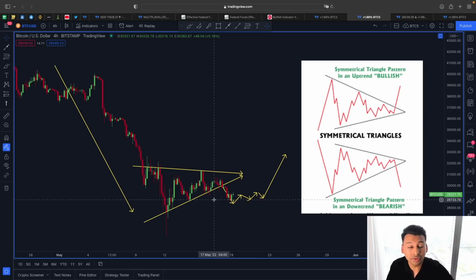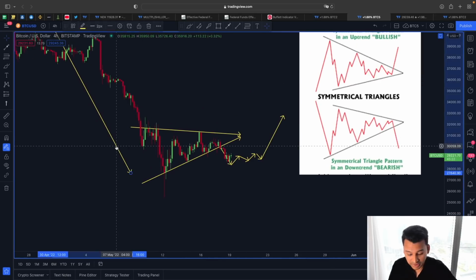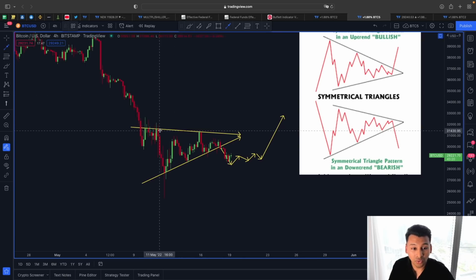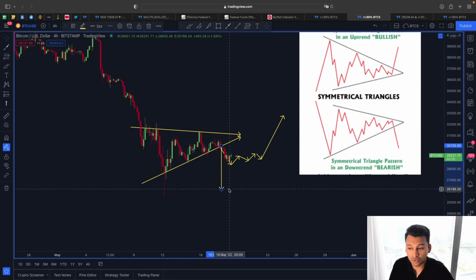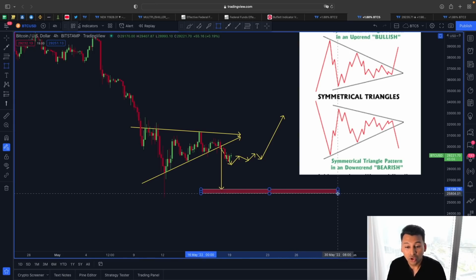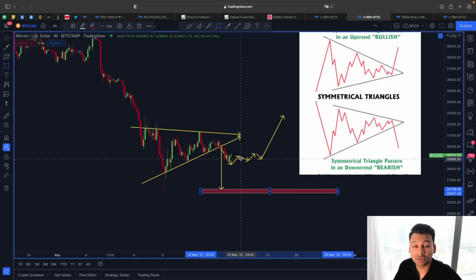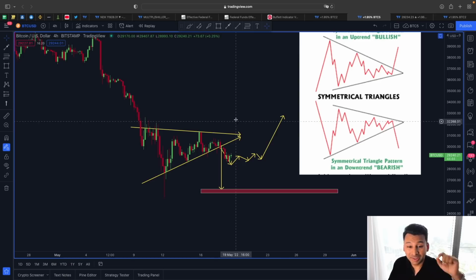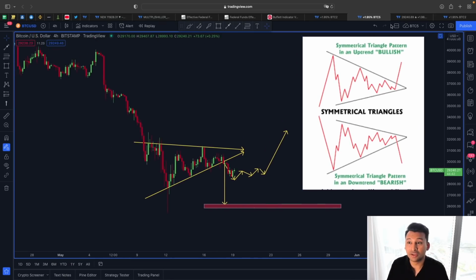Otherwise, if we fail to hold this 29,000, then we know this is an actual symmetrical triangle, and according to this actual symmetrical triangle, if we look at this price target here to the downside, then you can see, guys, we could be seeing a move here towards this 26,000 according to this analysis, guys. 26,000 is going to be our lower price target if the 29,000 support is broken. So that's why for us here in the medium short term, 29,000 is a must-hold support line, because we know if we fail, according to the symmetrical triangle, 26,000 is going to be a potential target.